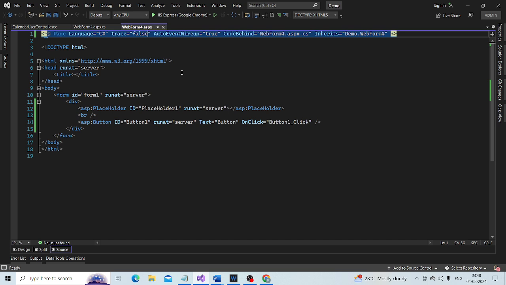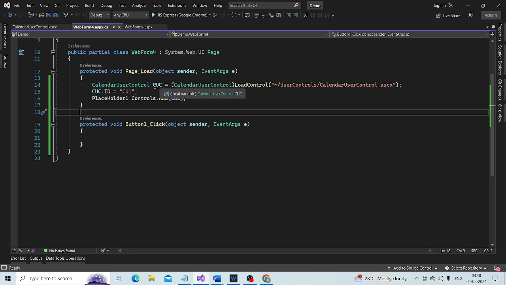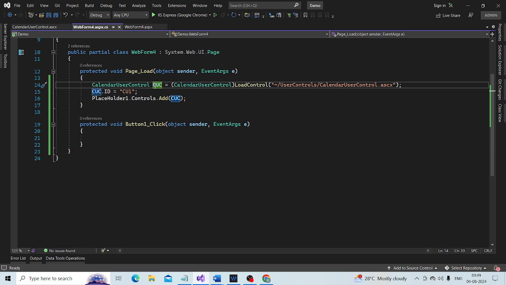If you look at this web form, I have this placeholder control, and to the placeholder control we are actually adding this calendar user control.